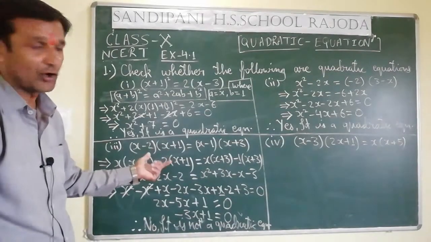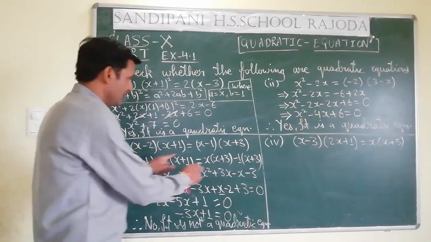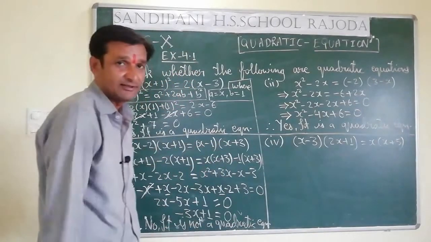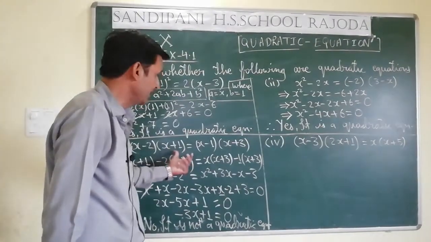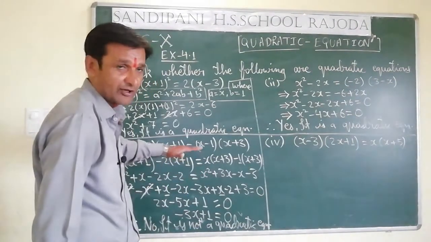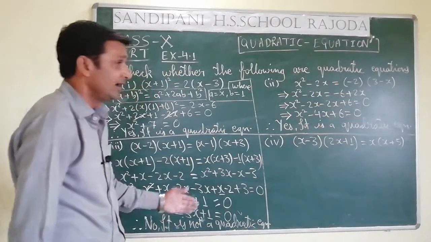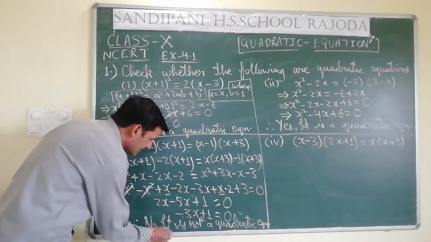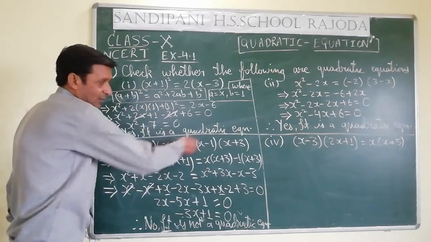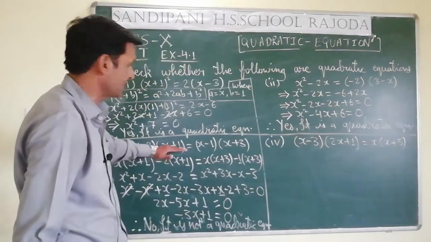In case of this question, here it is x into x, x square, here also it is x into x, x square, that x square will be definitely cancelled. From this only we came to know that it is not a quadratic equation. So that is why we have mentioned here that it is not a quadratic equation. This 8 means this complete equation which is given. That is why I am mentioning here 8, because it is represented here in front.